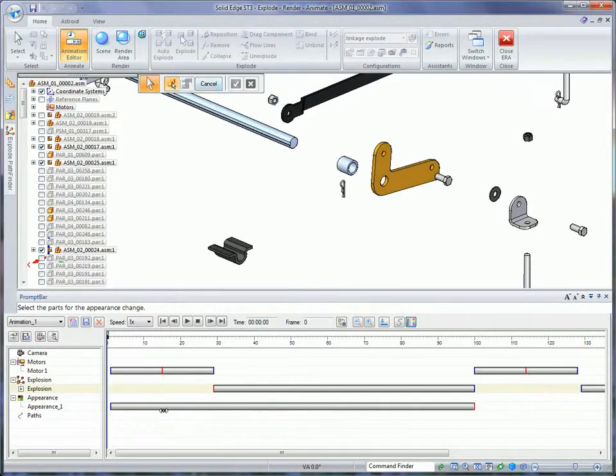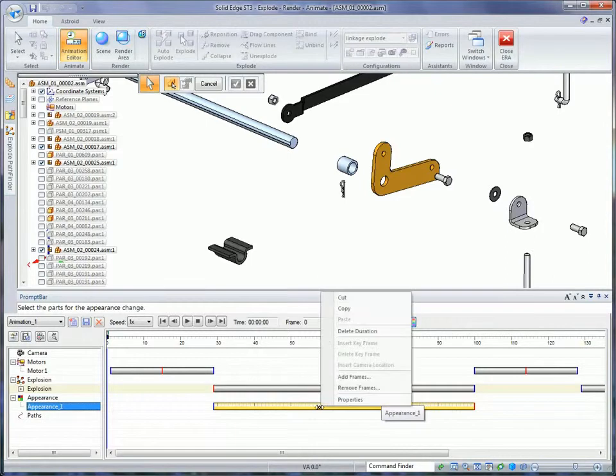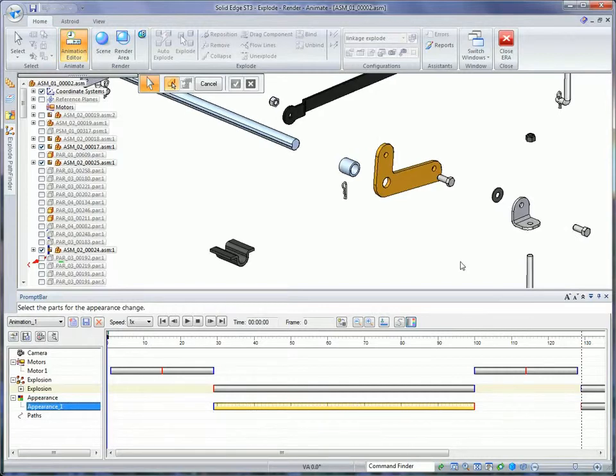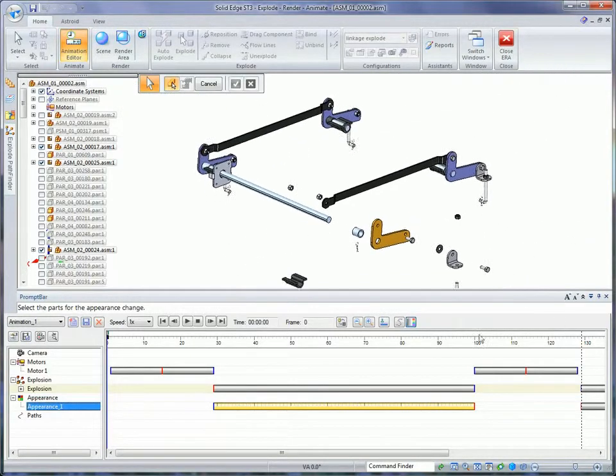And you'll notice it adds it to its timeline that we've created. I'm going to shorten it up so it only occurs during the explode and implode. And then I'm going to copy, and I'm going to mirror it because I want it to go back to its normal color when it re-explodes. So once our timeline is created, and you can see how easy it was to manipulate this, I'm basically going